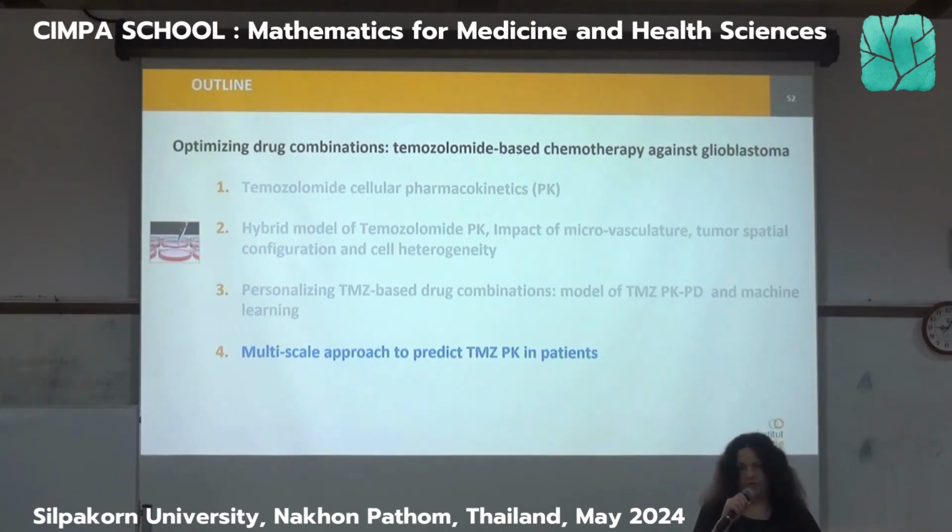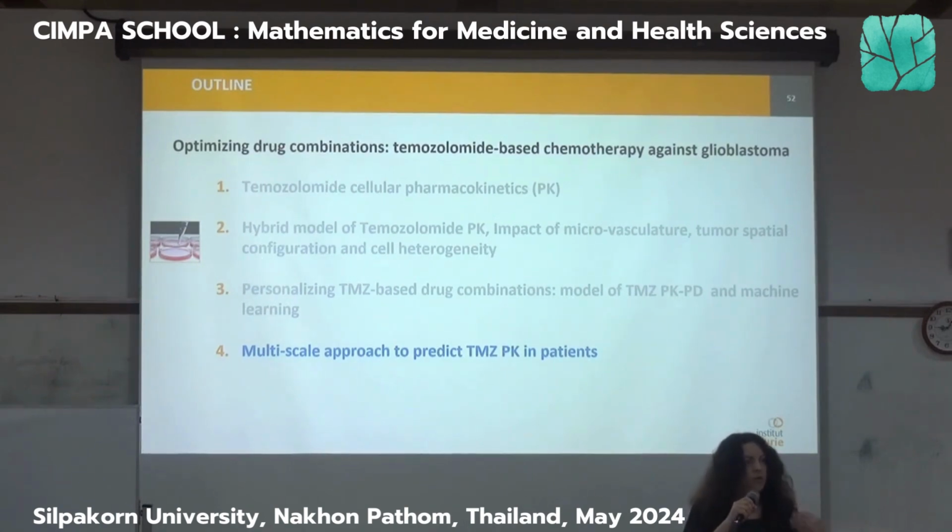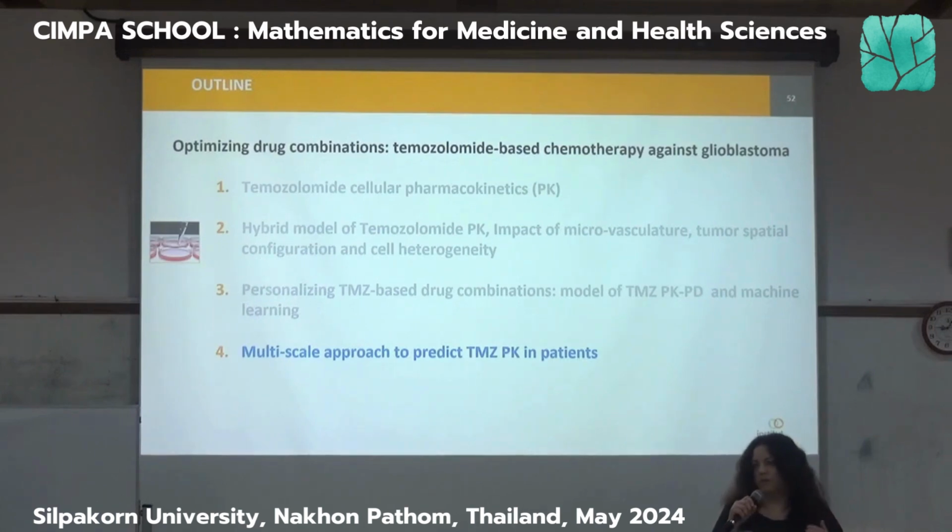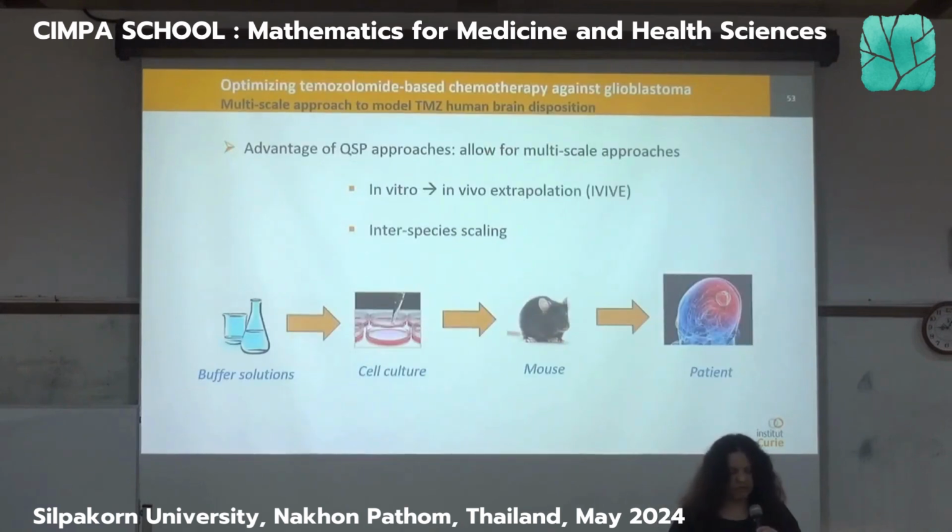So now the idea is to go one scale up, to the level of the whole body, because this is what is really interesting. This is where the patients are, this is who we are, and this is what the clinicians do. There are two challenges here, described in the literature as the in vitro to in vivo extrapolation. When you have a mathematical model at the level of the cells, the in vitro models, and you want to go in vivo, to the whole body, or at least represent the blood and the effect of the whole body on your tumor.